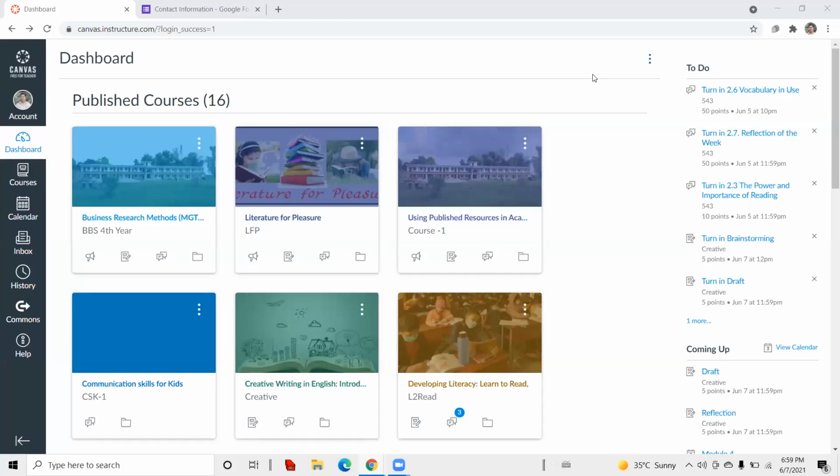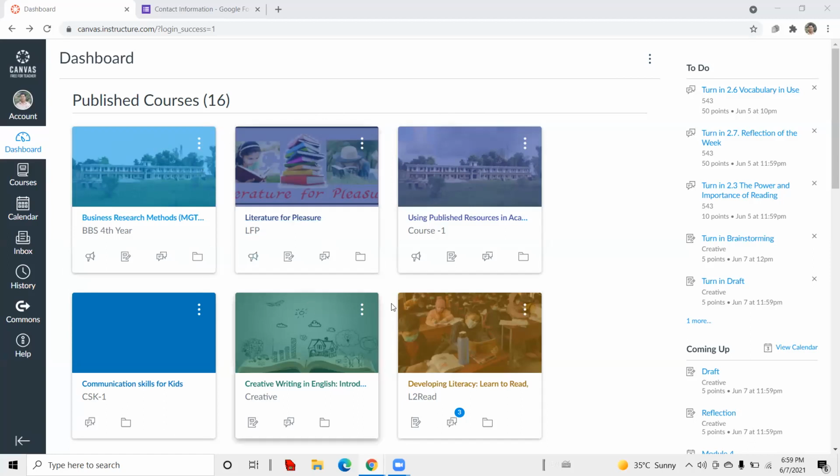So here we are going to talk about how we can operate Canvas, or how Canvas can be useful for students. When we learn through Canvas, it's obviously a little bit complicated, but if we just run it properly, then it's not so difficult for us. After logging in using your password and Canvas ID, you can see the window here, you can see the dashboard,